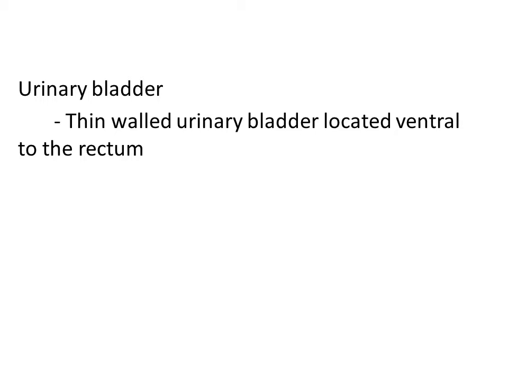Then what kind of nitrogenous waste is generated in the frog? The nitrogenous waste generated in the frog is urea, right? Because the nitrogenous waste is urea, the animal is called a ureotelic animal. So frog is a kind of ureotelic animal because it eliminates urea. Urea is the nitrogenous waste material generated in this particular organism, right? So this is about the kind of excretory system seen in the frog.